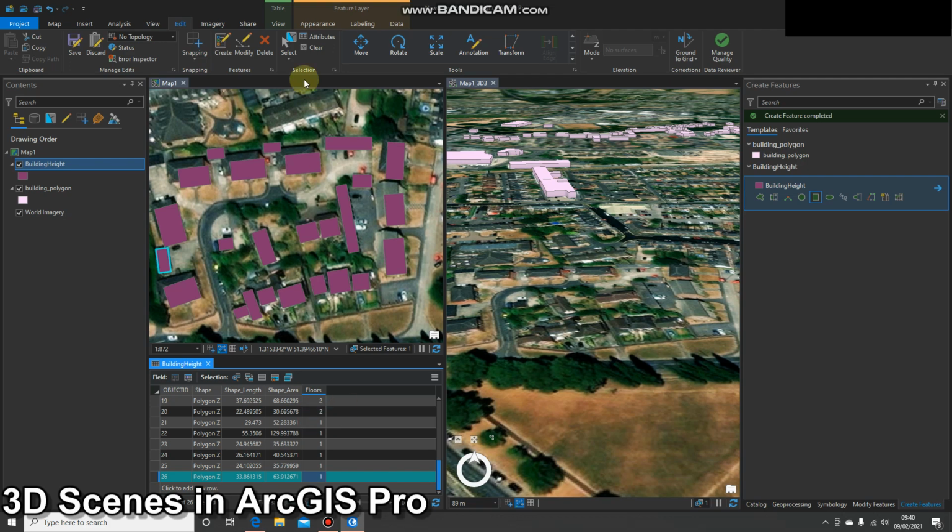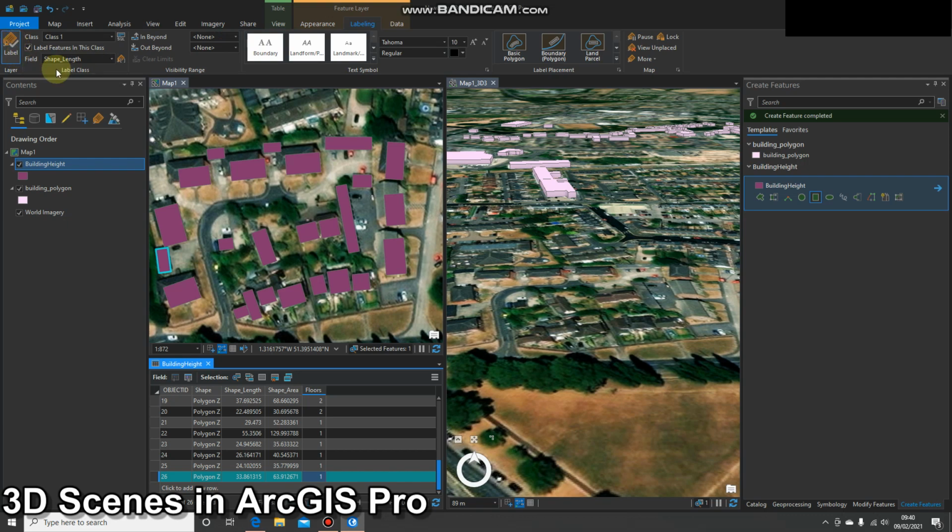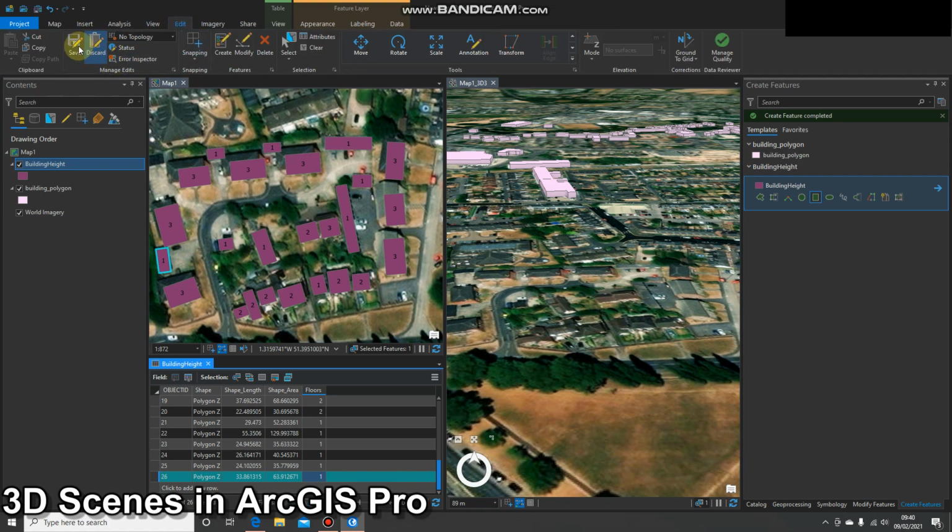In order that you can see that, I'm just going to quickly label them. So with building height selected, I'll click on label, I'll hit the tick, I'll do the field drop down, I'll select that as floors, and now we can just see the number of floors that we've got for each building. So we've got some houses with 2 stories, a little 1-story house there. Then we've got some blocks of flats around the back, 3 stories, and then in between each of those, we've got some garages that are just 1 story. So with that done, I'm going to go back to edit, save my edits because I'm happy with those,